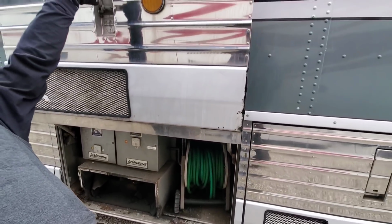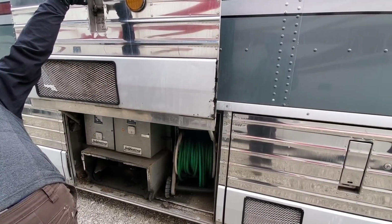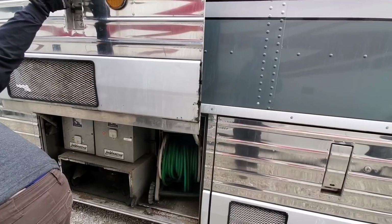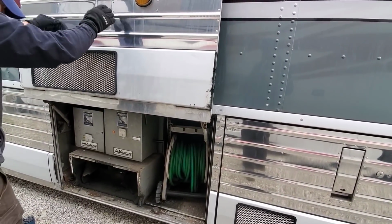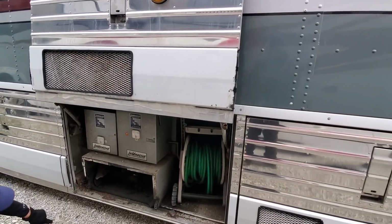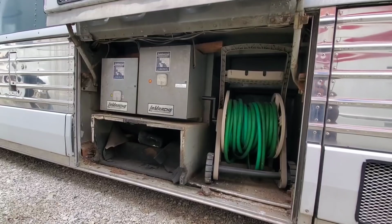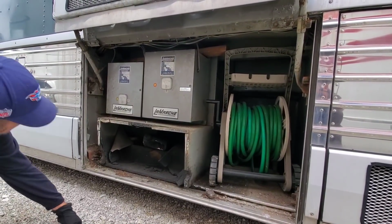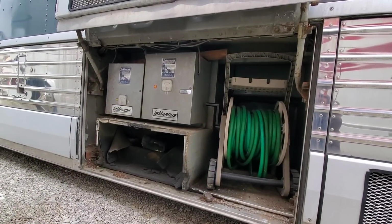Got a LaMarche 12 volt and 24 volt chargers. Nice garden hose you got yourself there, too. I don't know why all this stuff's thrown in here. It's the intake for the...